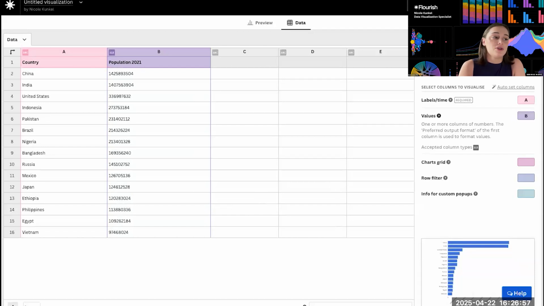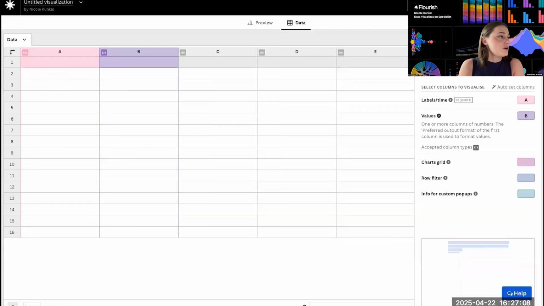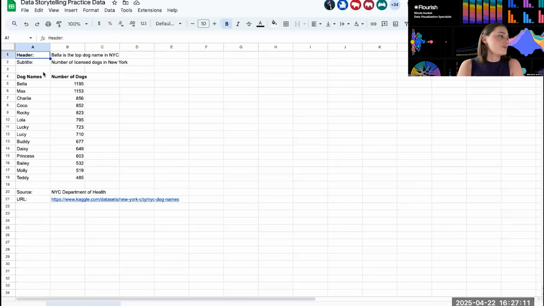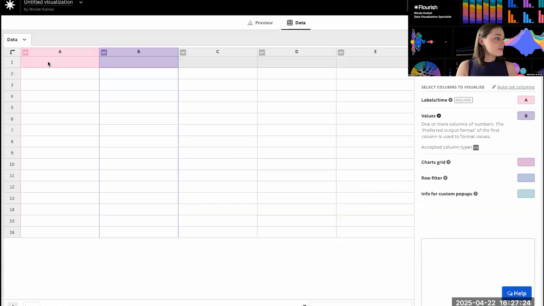So to change your data, you can always upload data right here in any tabular format. Today, I'm going to go ahead and just clear the sheet from right here. Now I'm going to go back to the sheet that I shared with you all, and I'm going to select the data itself that I want to visualize. I'm going to copy this into my clipboard, so Command C for Macs or Control C for PCs.